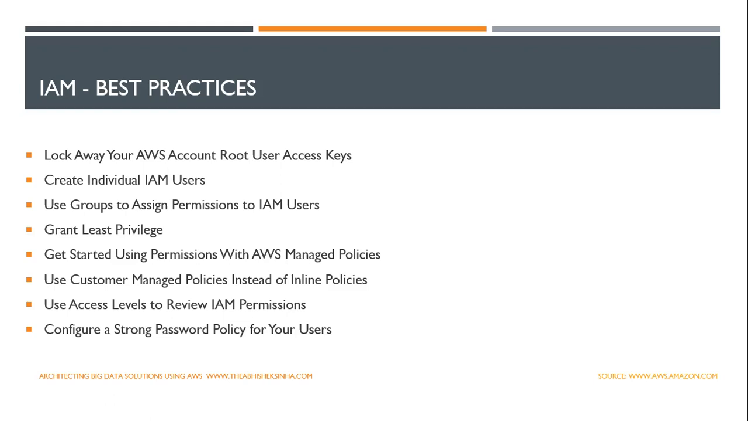Get started using permissions with AWS managed policies. If you are new to it, you can start off with the AWS managed policies, and then create your own custom policies when you are comfortable with it. Use access level to review IAM permissions. Configure a strong password policy for your users. All these things are inbuilt features. You can enforce lots of fine-grained policies for your passwords and your permissions, and that will help you to secure your AWS resources